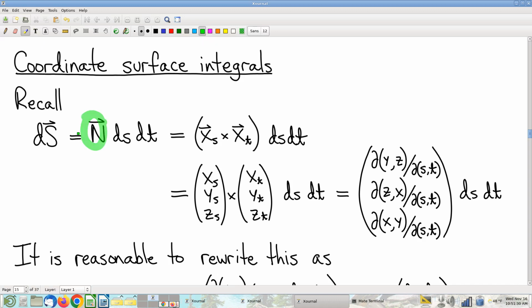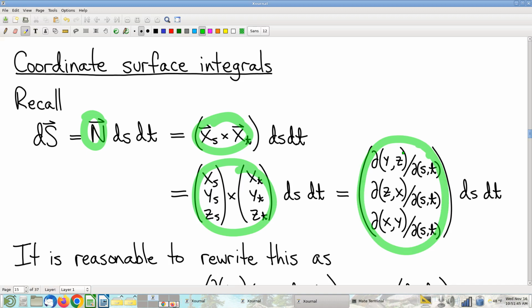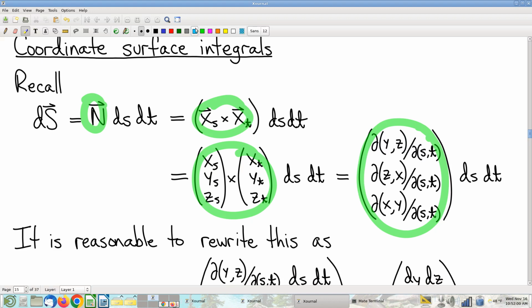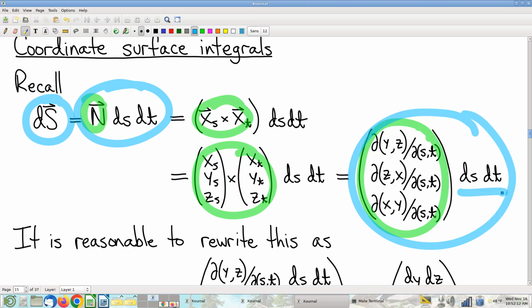Now, long back, we observed that this cross product, capital N, you could write out that cross product in coordinates, and when you actually cross it out, the coordinates of the cross product ended up all being little 2x2 Jacobian determinants. And I remarked at the time that that's weird. But it wasn't clear what we were going to do with that or why that was useful. So the use is going to come up now that we're interested in the dS vector. The dS vector being that capital N times ds dt, which gives us then this extra factor here, ds dt,